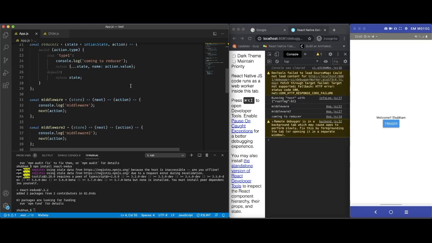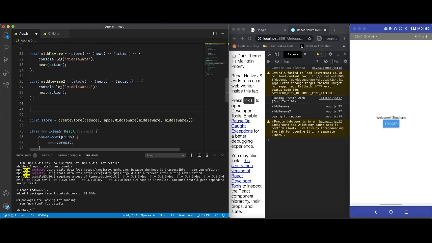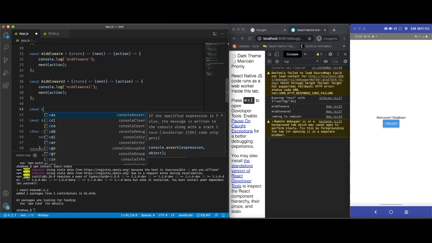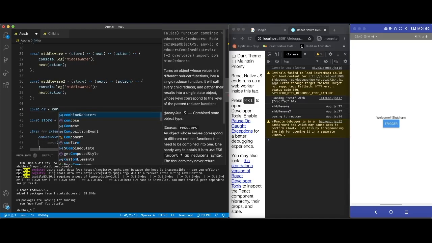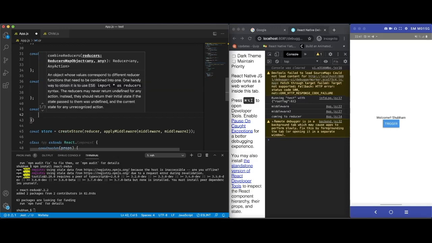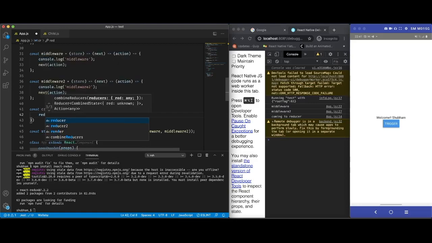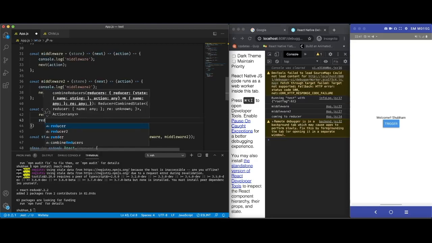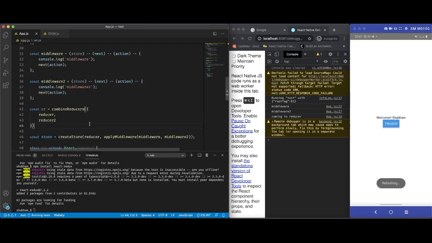So we are going to create that object, and combineReducers takes an object as a parameter, and we are going to pass the reducers that we have created in this object. And the change that we have to make in createStore is to replace this reducer with this combined reducer object.